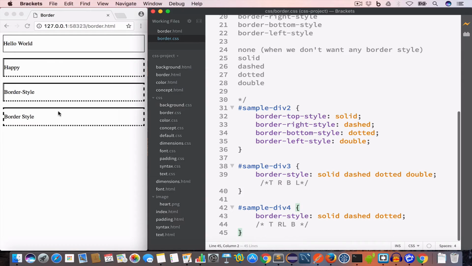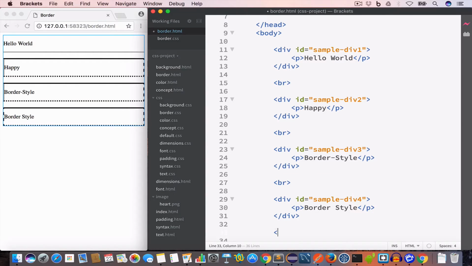So now if you look at the output, the border at the top is solid, we have a dotted border at the bottom, and we have dashed border at the right and left. So we have combined the border-right-style and border-left-style into one by passing 3 values to the border-style property. Now let's say we have another div in our HTML file,